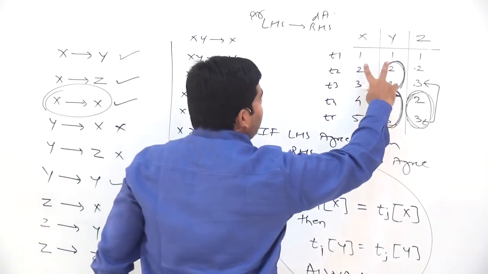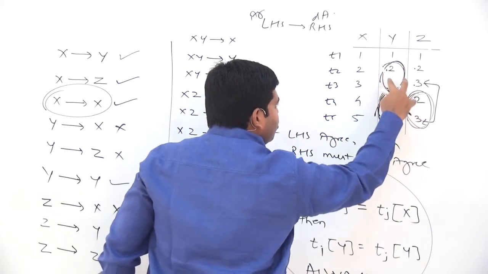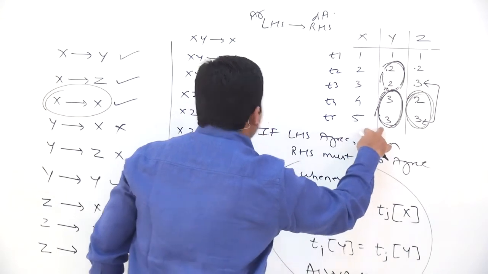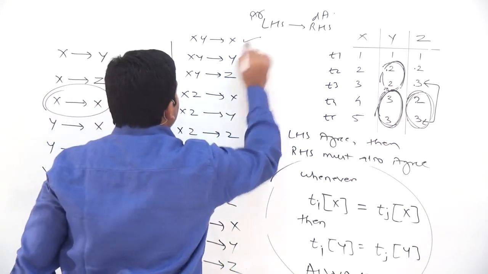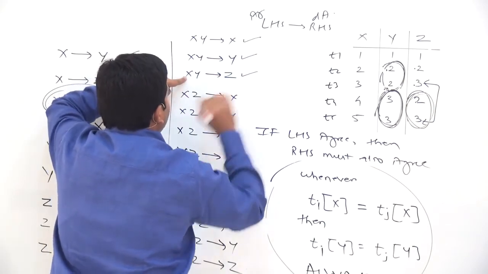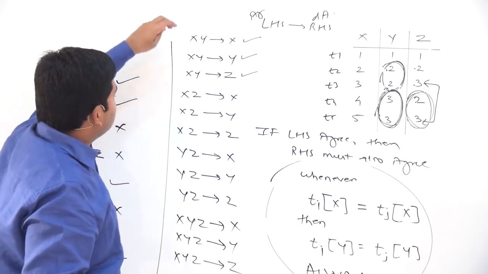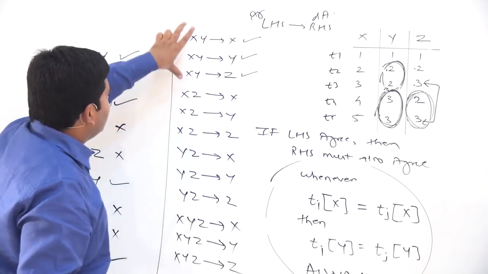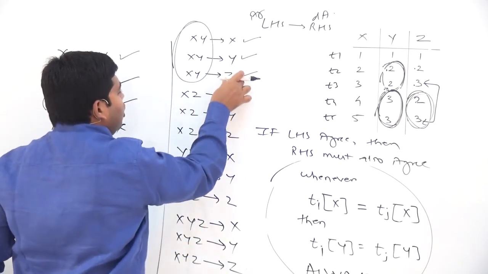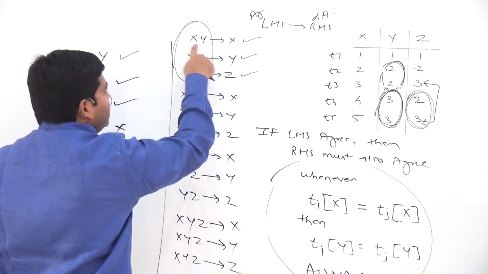XY, let's check XY. There is no agreement between XY. See, even though there is an agreement on y, there is no agreement on XY. The XY combinations are always different, and therefore this FD is valid, no rule will be violated. Again, all the values on the left hand side are distinct, there is no duplication on the left hand side, and therefore from the value of the left hand side you can always determine the value of the right hand side. The first FD is the trivial one because the answer to the question is present in the question.